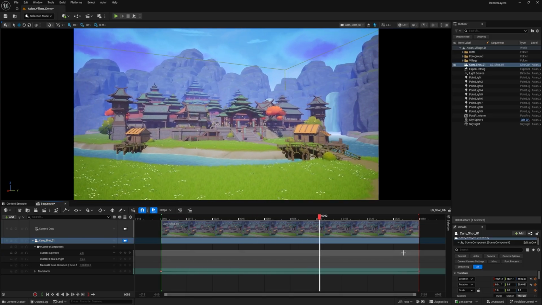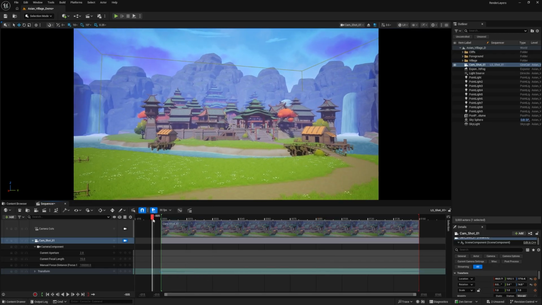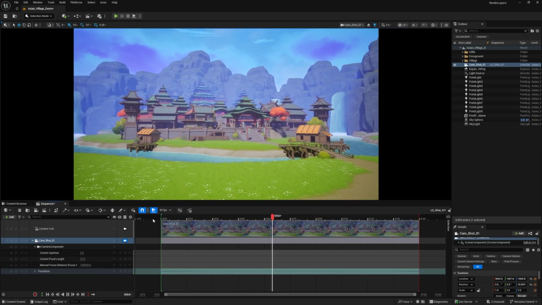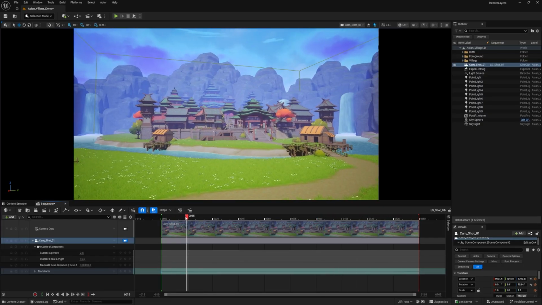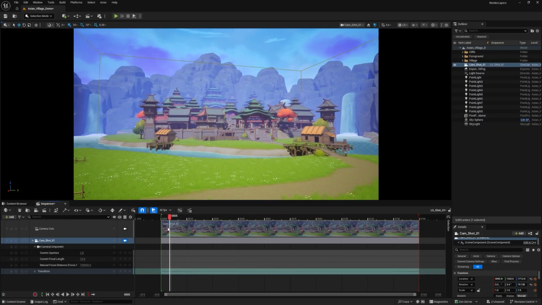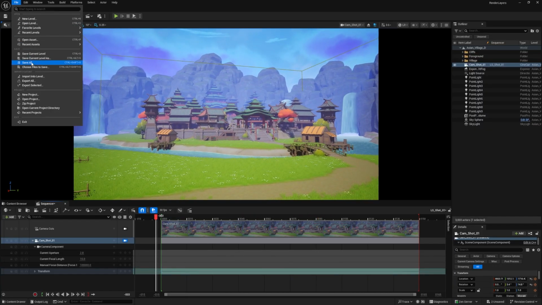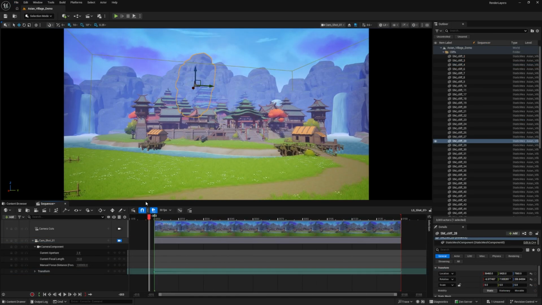Right now it's easing in and easing out. If you want to change that, you just select both these icons, left clicking and dragging, right click and choose linear. Okay, now we're going to get a little bit more of a smooth motion. So just a simple establishing shot to test and practice rendering something with different layers. Now I'm going to press File, Save All again. Now that we have saved our shot, our level sequence, let's open up the movie render queue,